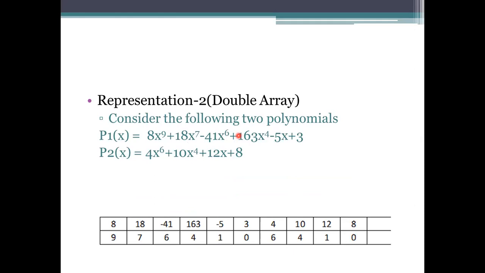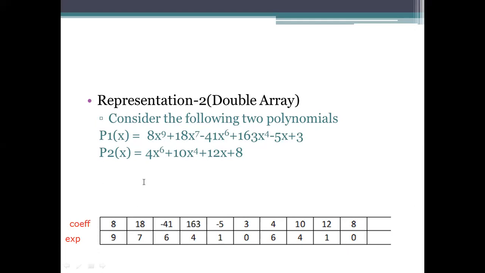In this double array representation, we can store multiple polynomials, or multiple terms, at a time. But here we won't follow the single array representation. How these polynomials are plotted, the way we are using the values for that. So we are using the double array representation, which is considered for the storage of the exponent. The lower one we are taking is the exponent, and the upper one is specified as the coefficient here.